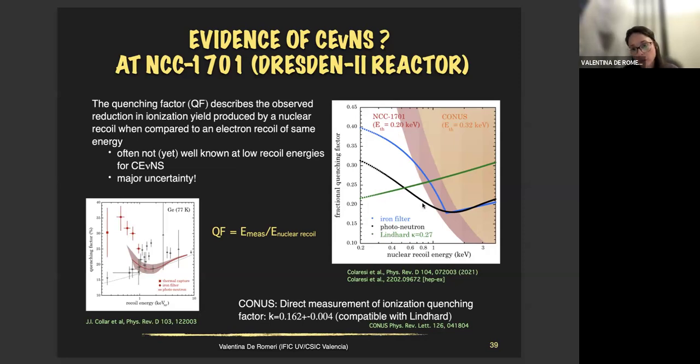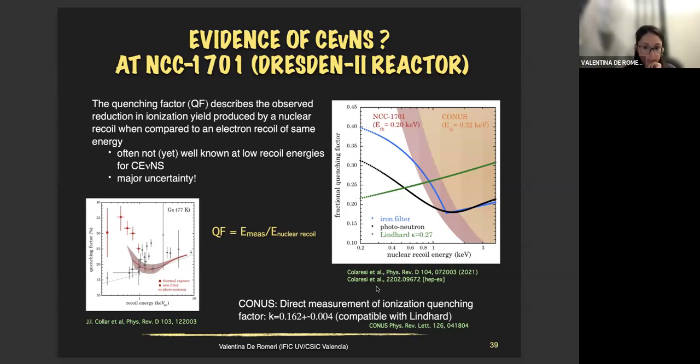So when we extrapolate them to low energy, there are huge differences between the expected values. And so the interpretation of this result in terms of an observation relies on the choice of this quenching factor model. Only when we choose the quenching factor that leads to the larger value at small energy, then let's say the data are compatible with